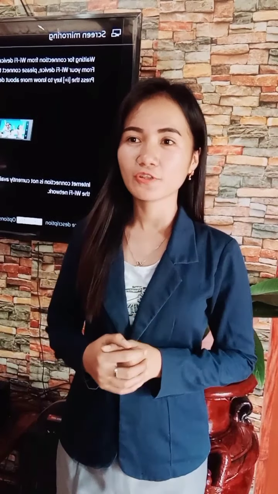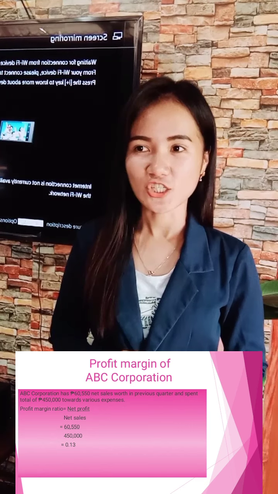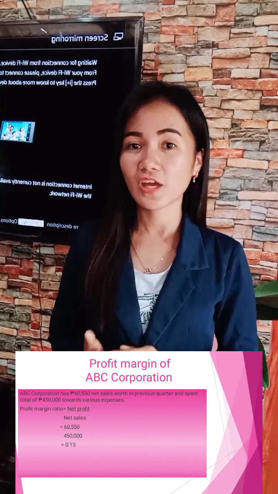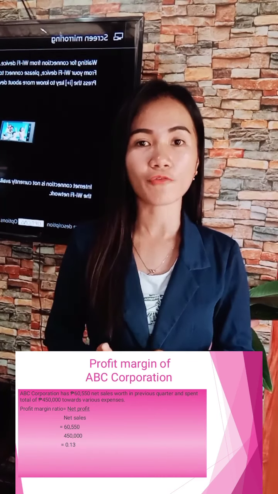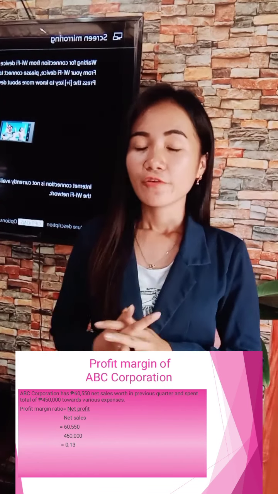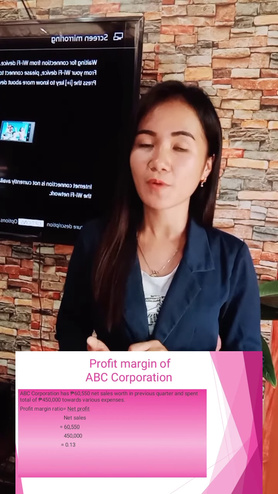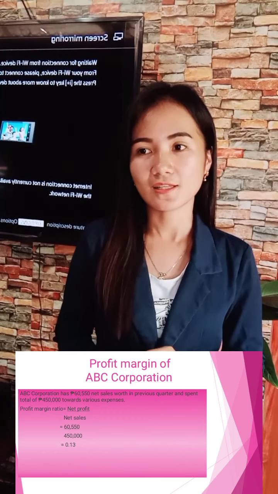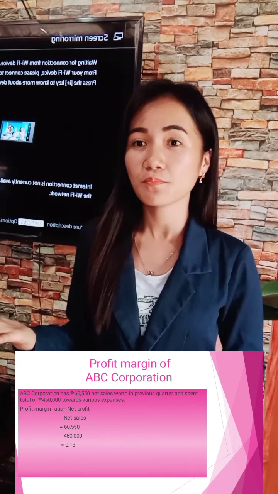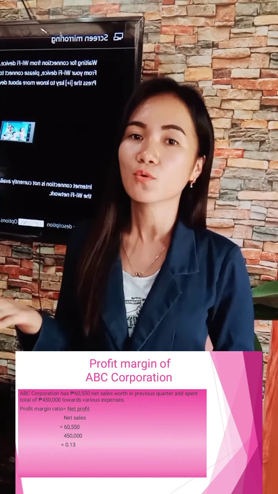So now let's move on to the profit margin of ABC Corporation. ABC Corporation has 60,550 pesos net sales worth in the previous quarter and spent a total of 450,000 pesos towards various expenses. For the formula, profit margin ratio equals net profit divided by net sales. So it indicates that over the quarter, the corporation managed to generate profits with 13 cents for every peso worth